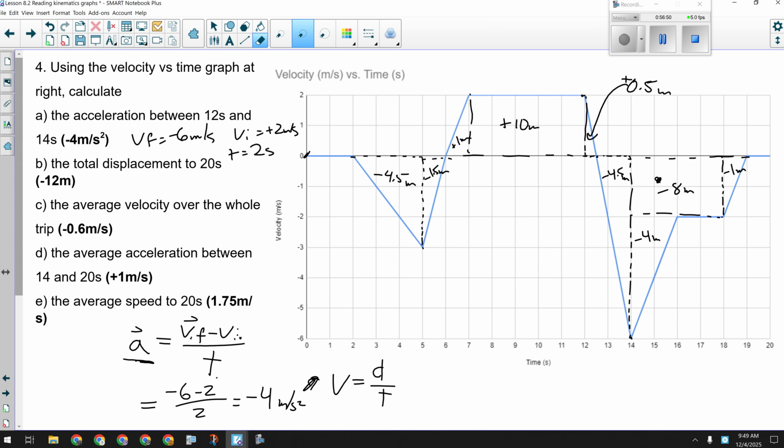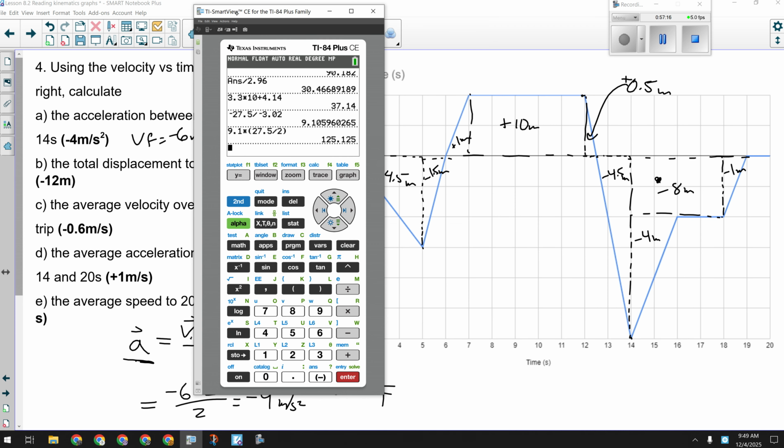Add them all up, but I've got to keep the negatives. I can't just add the numbers. I have to add with the negatives in there because this thing goes backwards more than it goes forwards, right? We spend more time below the x-axis going backwards than we do above the x-axis going forwards. So we add those numbers together, but we have to keep in mind that some